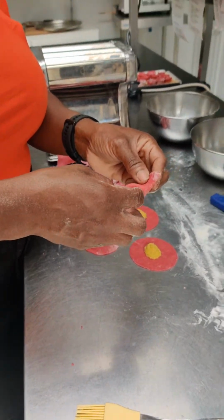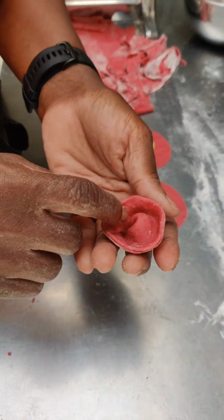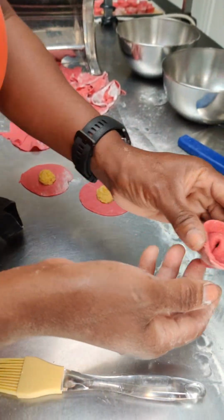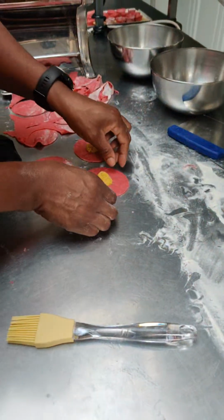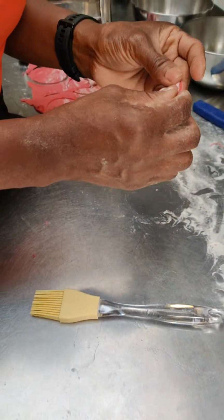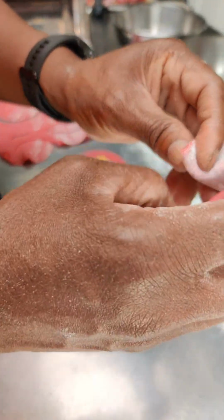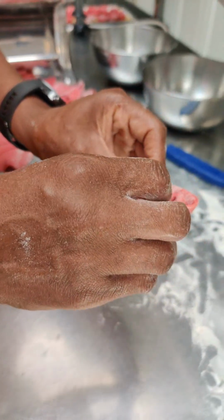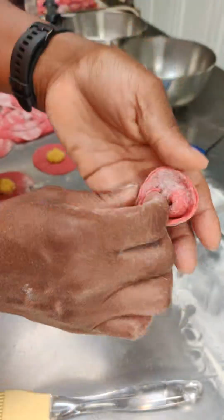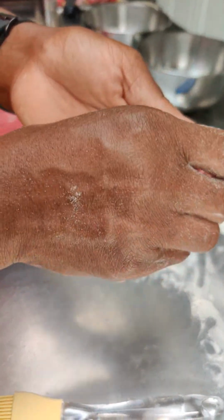So make sure to always press the middle of the dough, because it creates that form of the tortellini. You see, when you press it, I will show you in the next dough. You have to put it together. You close it first. After closing it, you need to press it hard to the middle. Then you cross the two ends. You cross it together. So you press the two ends together, and you see it has a kind of, the